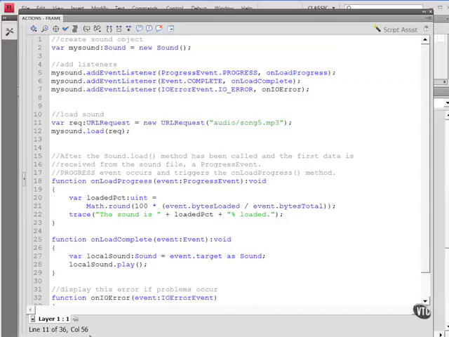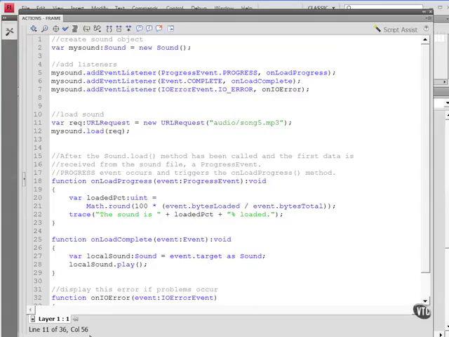Some Flash files can be very large and take a long time to load. While the Flash player lets your application play sounds even before they're fully loaded, you might want to give the user an indication of how much of the sound data has been loaded and how much of the sound has already been played. The sound class dispatches two events that make it relatively easy to display the loading progress of a sound: